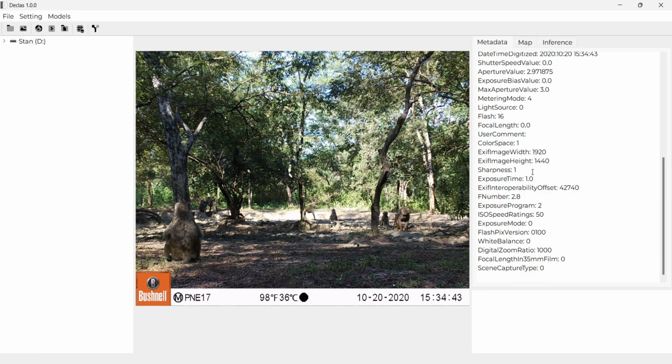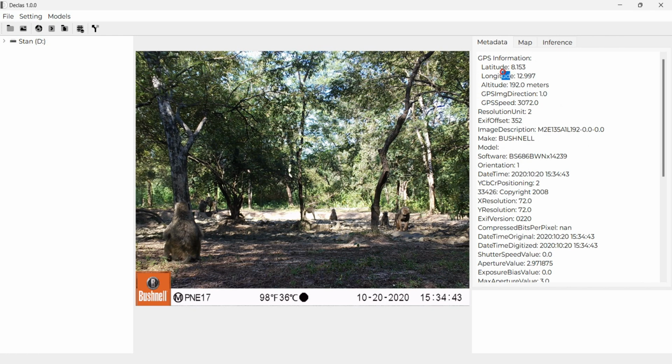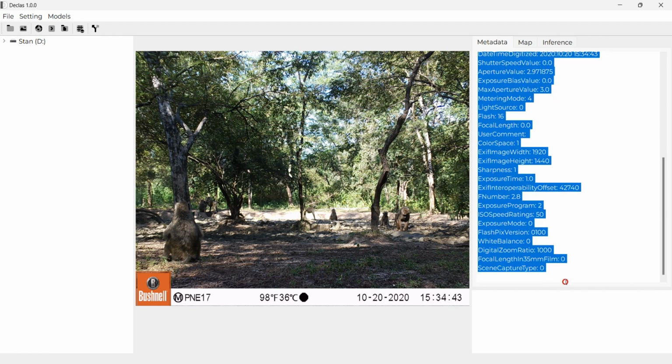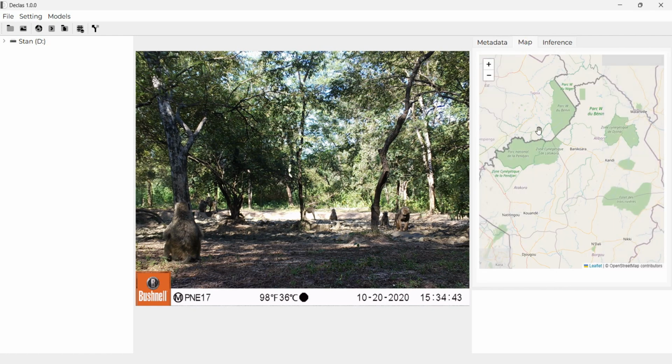In this tab we have some information about the image: the GPS direction, image resolution, the model of the camera, and some information about latitude and longitude. All this data is not necessarily important, but it gives you some idea about the image you have. Here you have a map where you can display the position where this camera was installed.